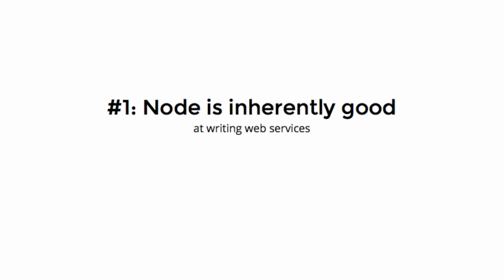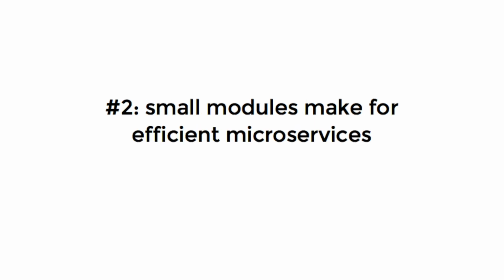So firstly, and most obviously, Node is just good at web services. When Ryan Dahl invented Node, tiny web services were exactly what he had in mind. They're native to Node. It's what Node expects you to do if you're not doing anything else. The hello world in Node is like build a web server that prints hello world. And Node is really great if your workload looks like a web app. If your workload is highly concurrent and I/O bound, then you're going to be really good. You're going to be writing Node that is really working with the grain. Node is really good at being highly concurrent and I/O bound because that is what we were trying to solve at the time, and that is a perfect fit for an SOA.